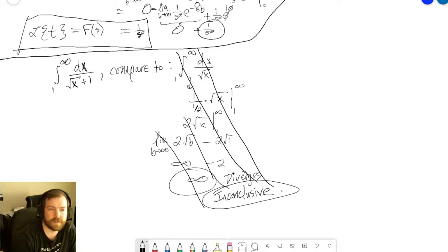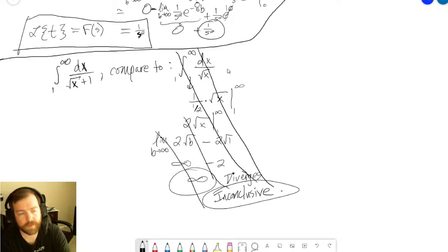Right, since this integral diverges, it is going to be inconclusive to tell us what's going to happen with the original. So we have to figure out something else that is better, and in this particular case,